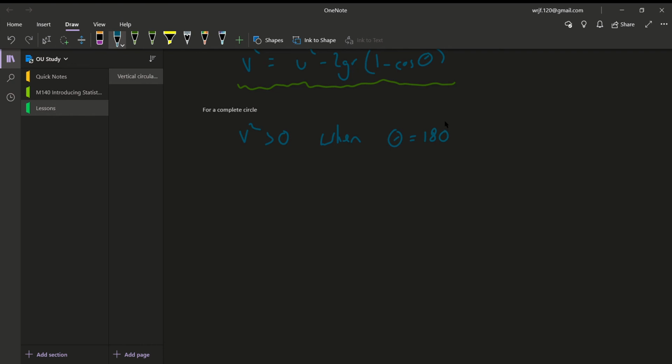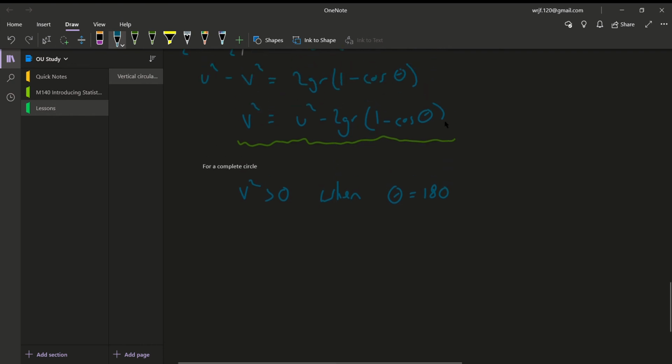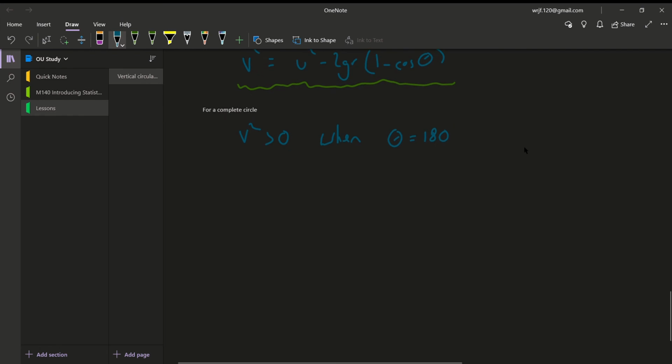So we can apply our equation that we've just established there in these kind of situations. We want theta equals 180 in our v squared expression. So theta equals 180 gives us v squared equals u squared minus 2gr times 1 minus cos of 180, but of course cos of 180 is minus 1, so we've got that going on there, and this means that v squared must be equal to u squared minus 4gr,